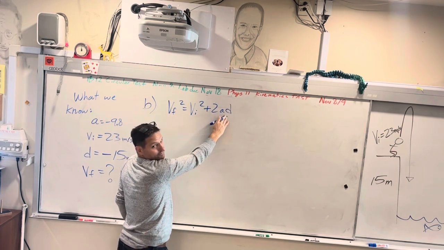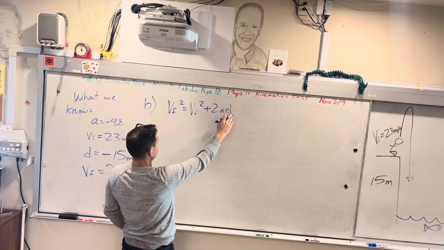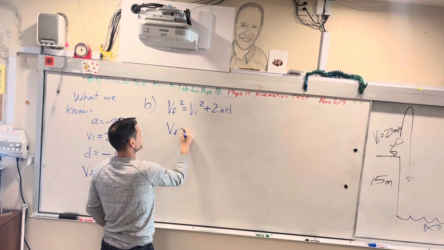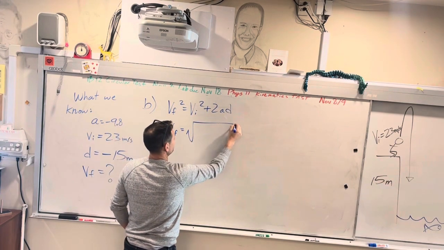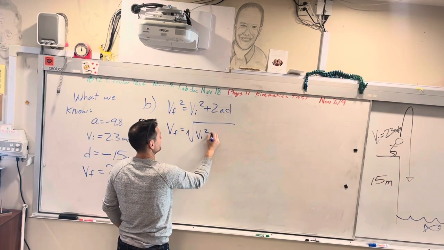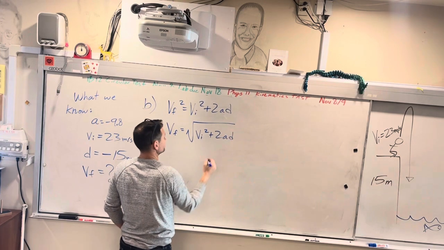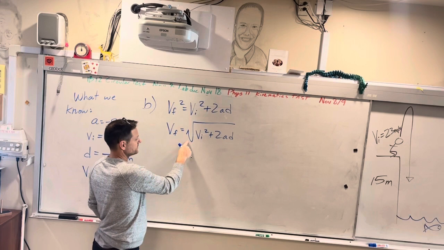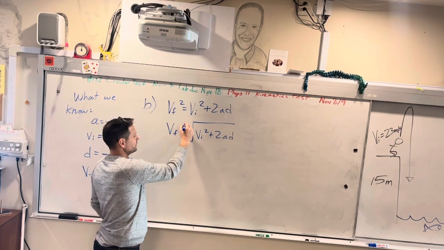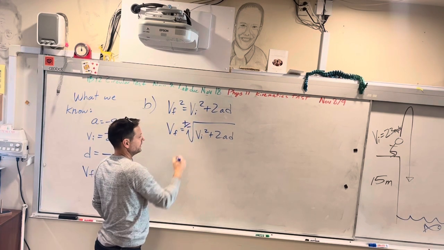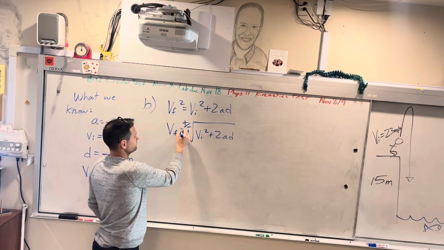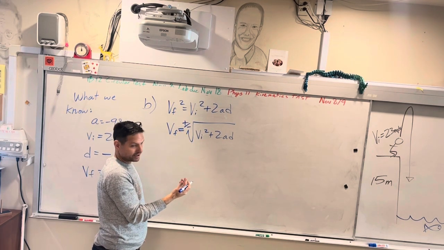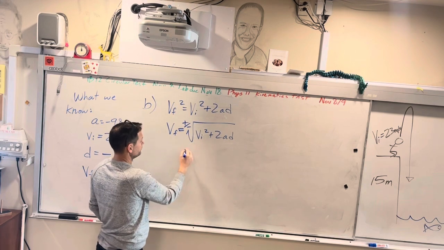But we've got to find displacement, right? Or sorry, we need to solve for the x. So we're going to square root everything. Don't forget, when you solve for a square root, the answer can be positive or negative, right? We know he's going down at the end, so he's going to have to have a negative velocity. Okay, so we put this in,